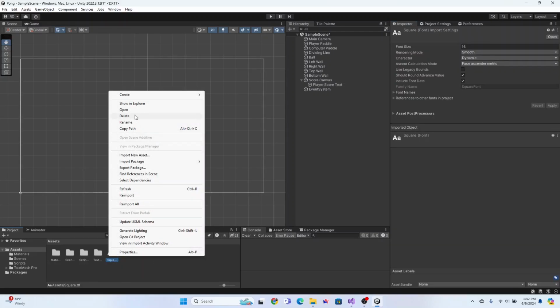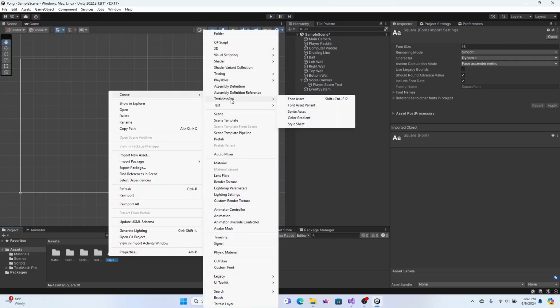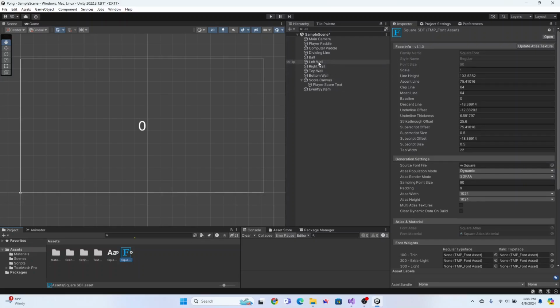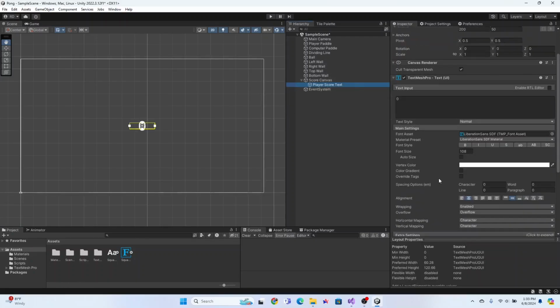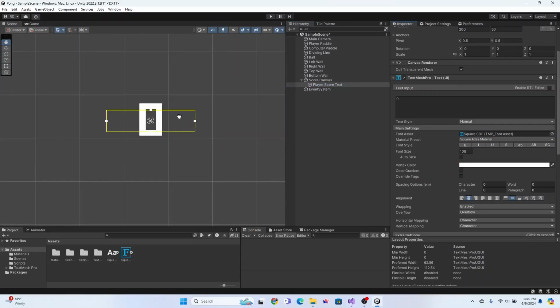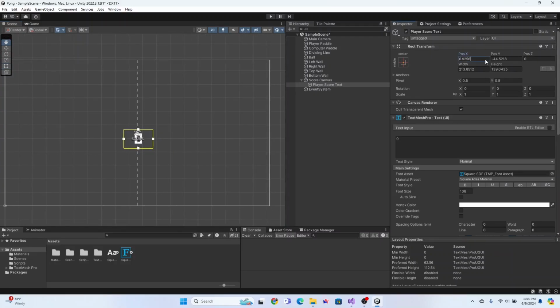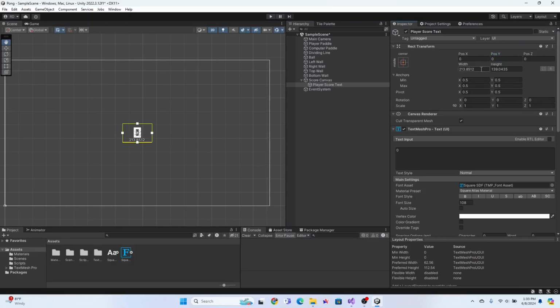So we can right click on our font, create a text mesh pro, and then a font asset. It will just create a duplication of the square font into a TMP font, so that when we go into the player score text, we can drag this into that, and now we have a blocky 0. I can move that up a bit. So I'm going to reset the positions, set the width to 200 and the height to 150. The position on the Y I'm going to set to something like 400,